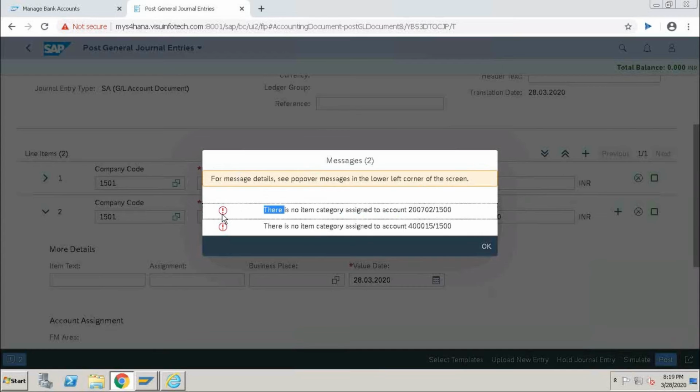So this is the warning message. Whenever we click on this, it will display. Yeah, click on that. It's hidden. Just a moment.